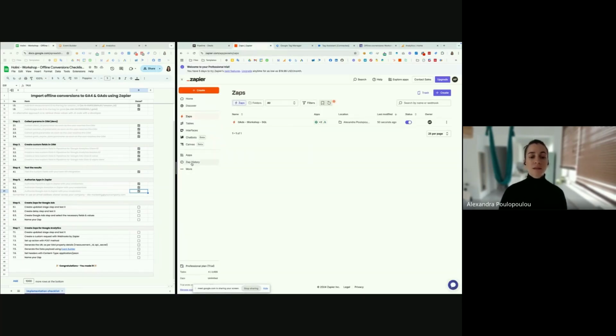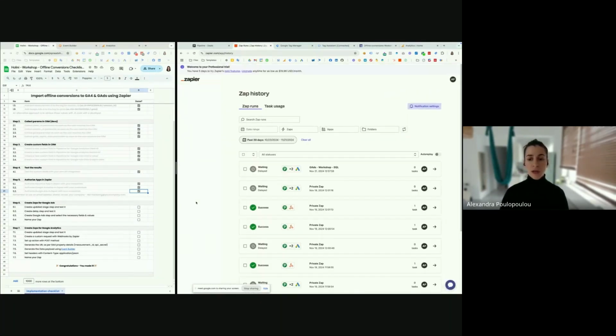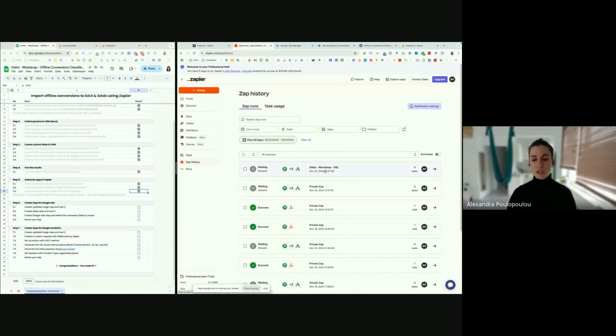So we can review our Zaps that are initiated from this Zap history. You will see that our Zap is activated, and it is delayed because we had this filter to delay it by 6 hours. After 6 hours, you will see that we will have this success message. But the point now is that our Zap is initiated and successfully enabled here with this move from one step to the other.